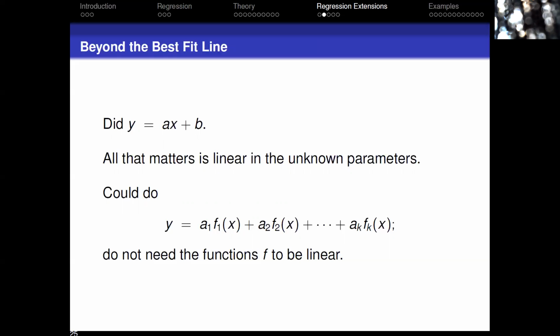I could do the best fit cubic or quartic or quadratic. I could do sines and cosines. As long as it's the coefficients of the functions that are linear, I'm fine. What kind of matrix do you think this would be if I have k here rather than 2? Before we had a 2 by 2 matrix, this would be a k by k. And so it just becomes a slightly more involved linear algebra, but it's fundamentally the same type of mathematics. So as long as you're linear in the unknown parameters, you don't have to be linear in the